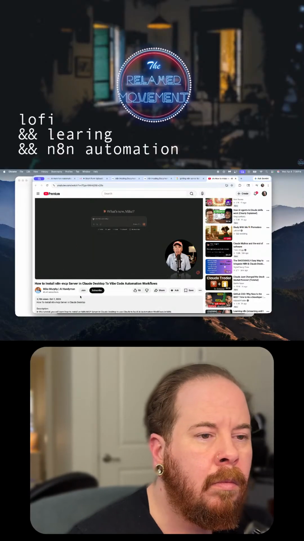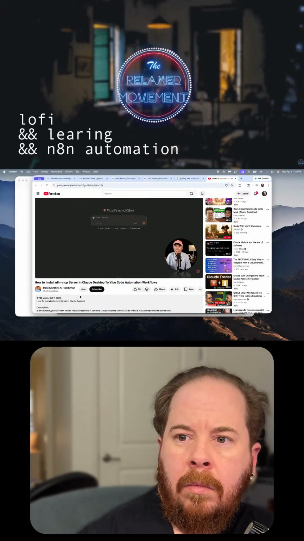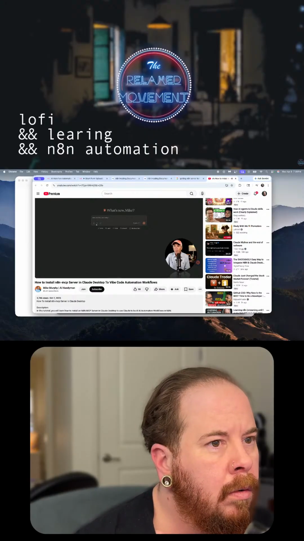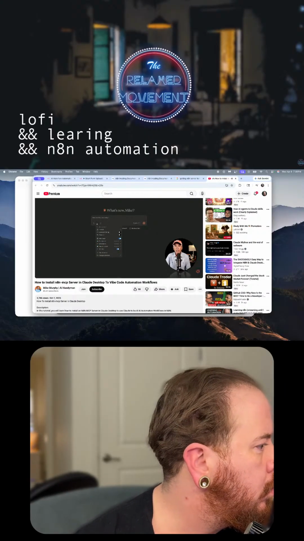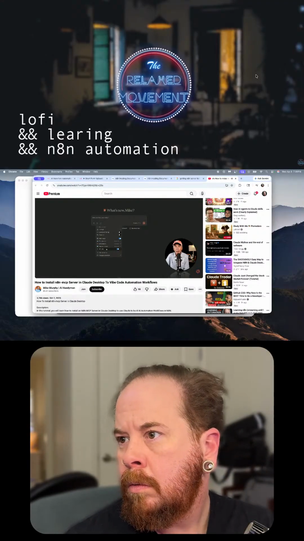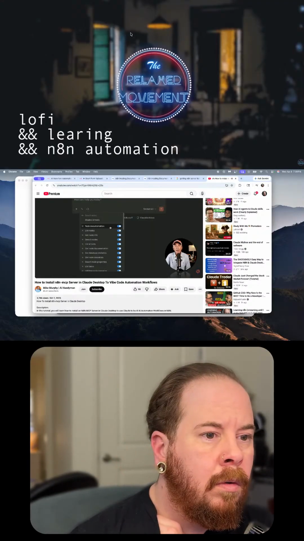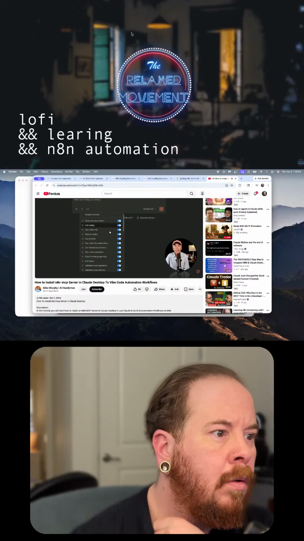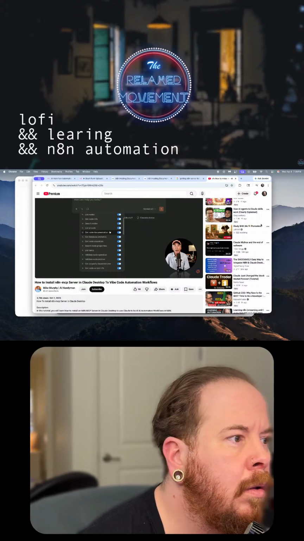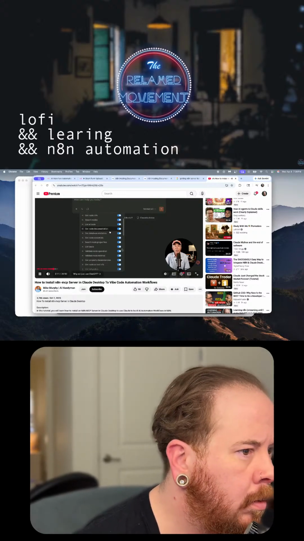It might do a great job, but it is more or less guessing the best way to build it. But when you enter that same text prompt in an AI assistant like Claude Desktop that has access to something like the n8n MCP server, it is giving the AI assistant, in this case Claude, all of the tools it needs so it can find the right nodes for the automation that you want to build.